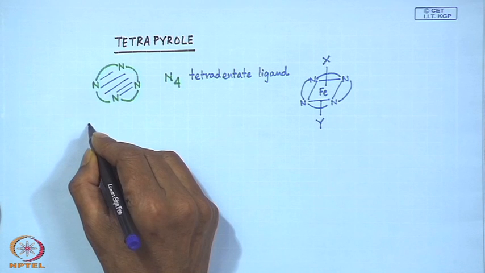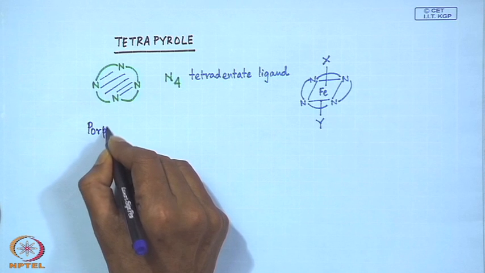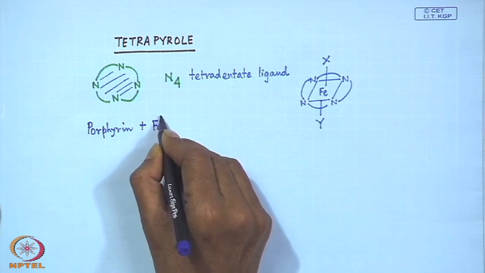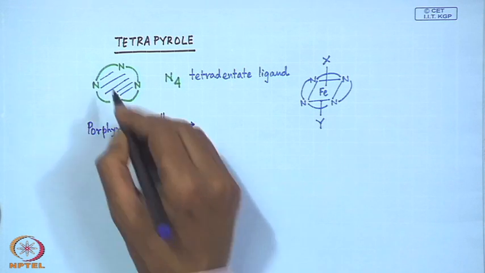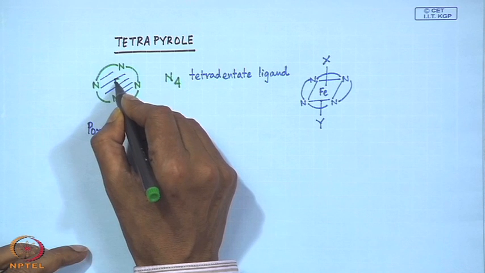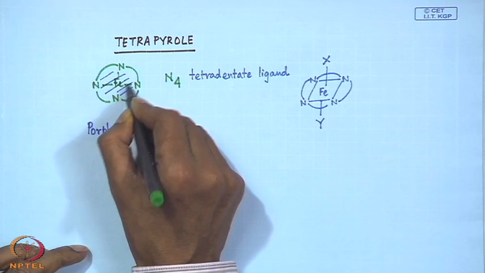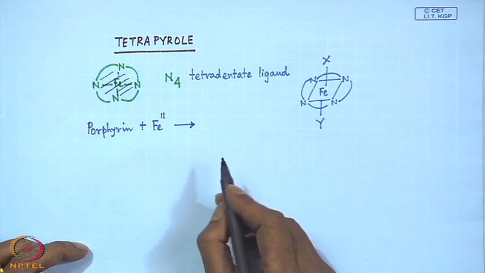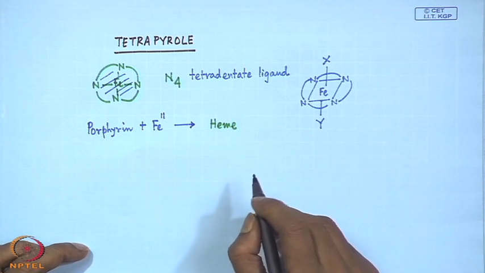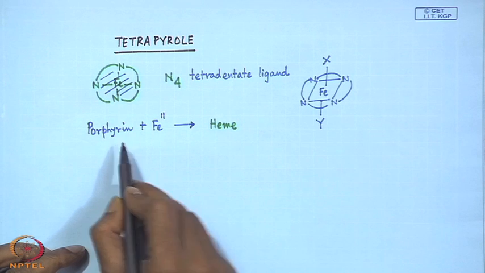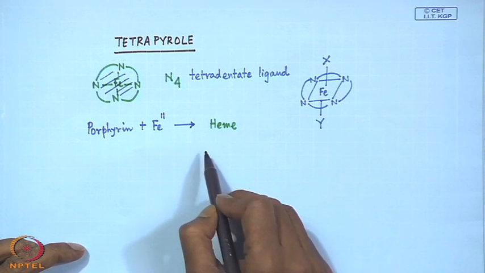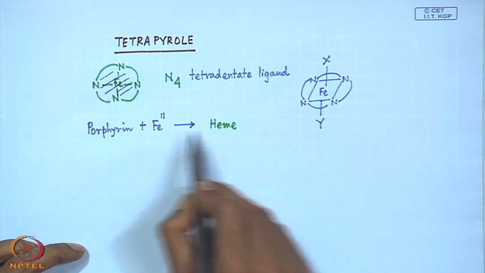So, when we have the simple porphyrin, which is bound to Fe2, that means iron 2. So, in this plane basically, if we have the iron, and when it is bound to all 4 positions, we get the heme group. So, depending upon the nature of this porphyrin, we can consider heme A, heme B, heme C, and all these. But the basic thing is that we have the porphyrin plus iron giving rise to the heme structure,